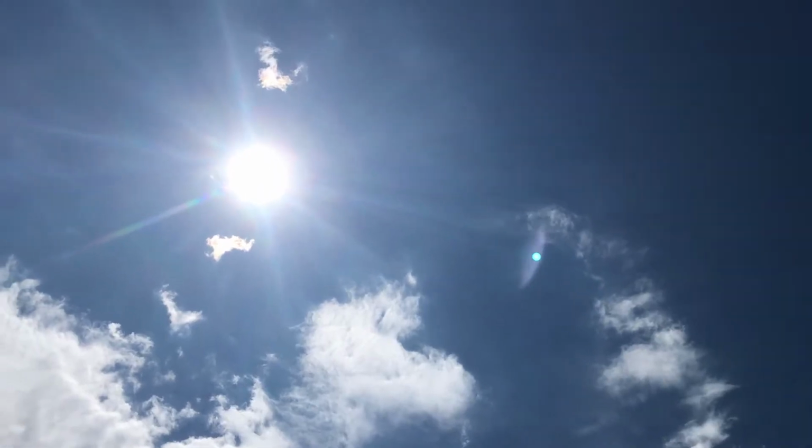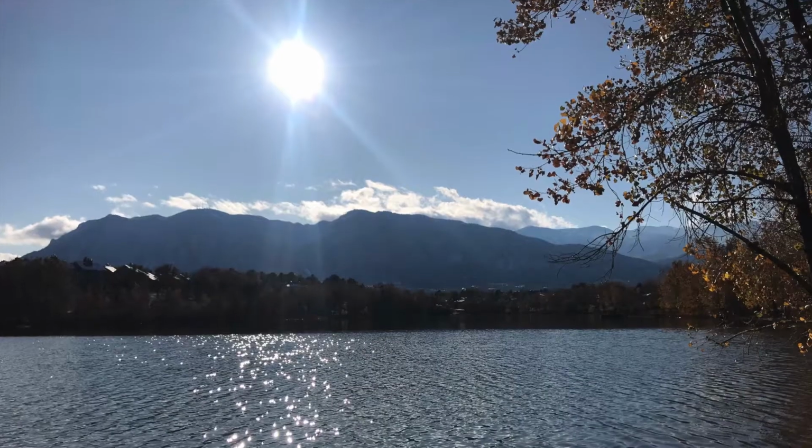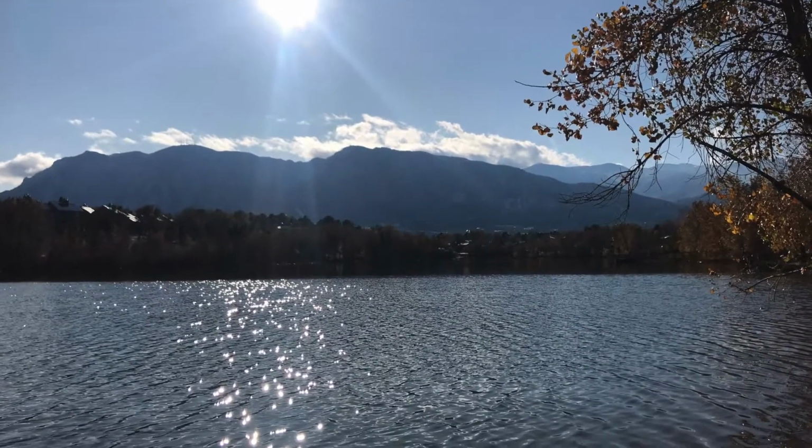Another good time to take pictures is when there's an overcast of clouds. I would not recommend taking photos in direct sunlight, but if you like the way it looks, then go for it. I know I like to do it sometimes to catch cool glares from the sun or to catch it